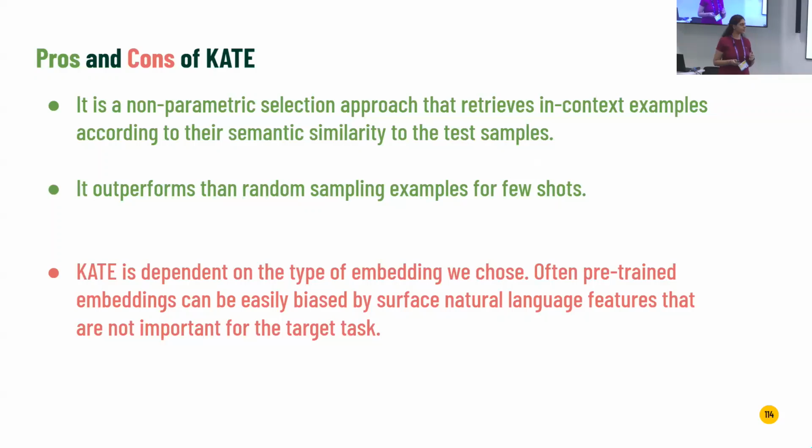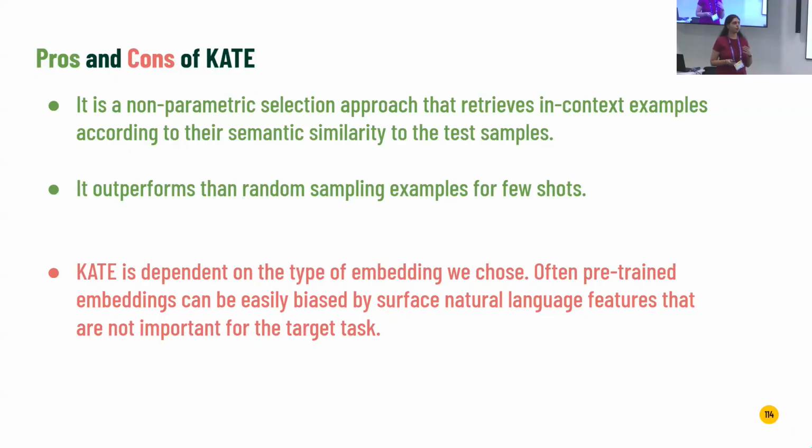Now, this is a completely non-parametric technique as we are using KNN, so no parameters are involved except for the embeddings. And as you have seen in the previous slide, it has outperformed the random sampling techniques. But the main problem with KATE is that it heavily depends on the embeddings that we use for embedding the sentences. Like we have used Roberta, and as we moved to better embeddings built on better data sets, the accuracy went up and down. So this is heavily dependent on the embeddings,